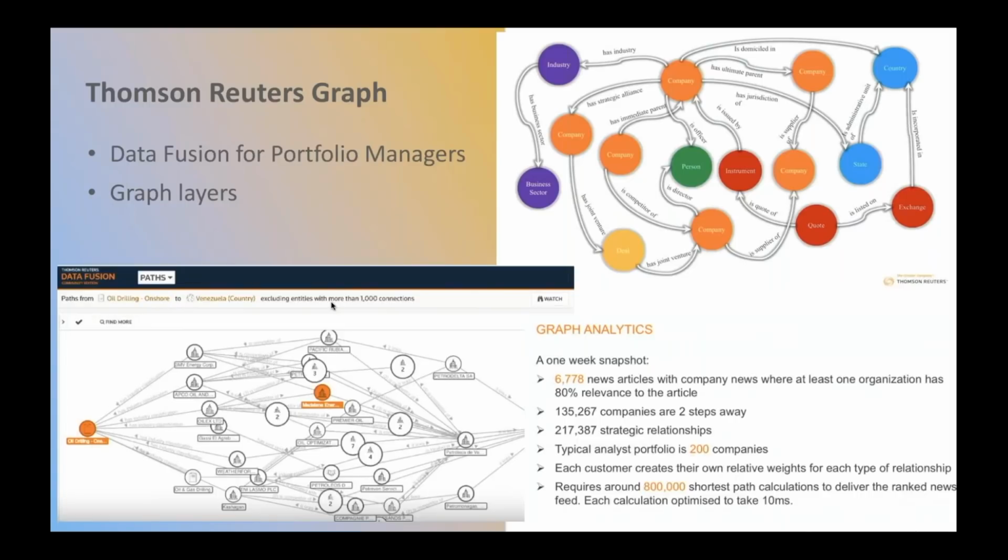Next, we'll look at something from the financial world, the Thomson Reuters knowledge graph. I think it's now called Refinitiv, which is very interesting. So what they're doing is providing a service to investors, which helps investors to understand the supply chain of the companies that they're investing in. So if you have a news event, so this is scanning news stories and creating a knowledge graph based on the news stories. You have a news event that affects a company,